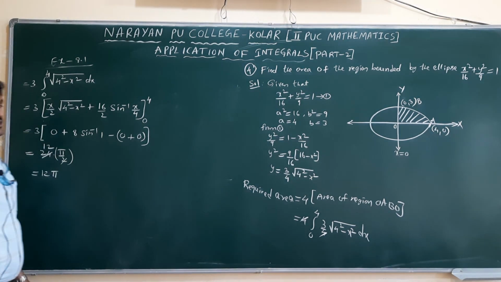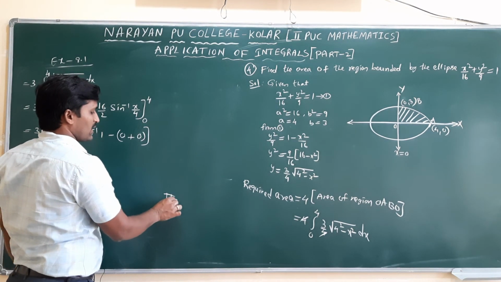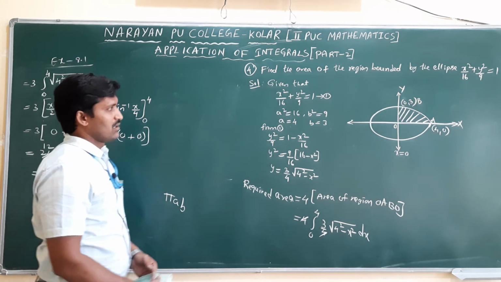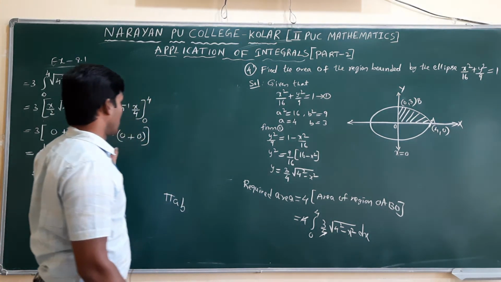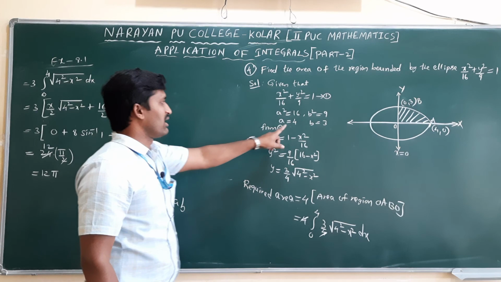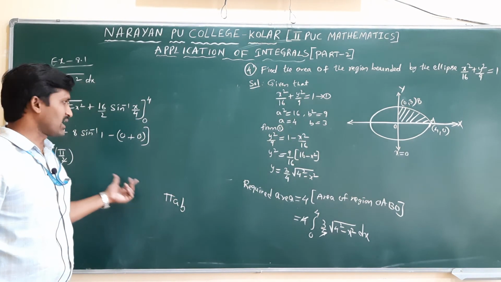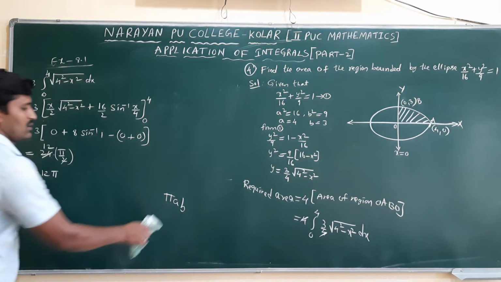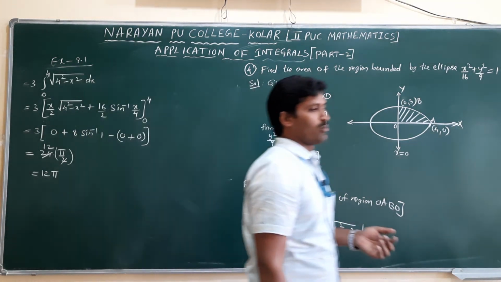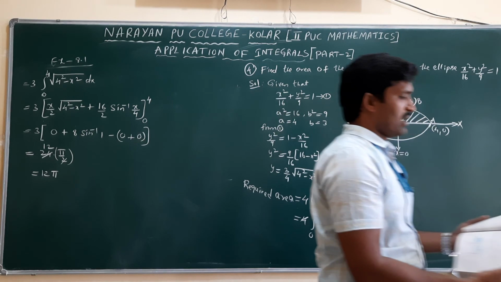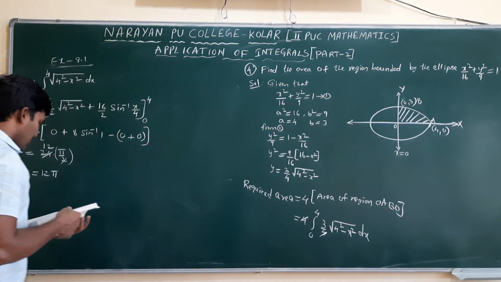For verification purposes, we already know the area of an ellipse formula is pi AB. To check whether your answer is correct or not, the A value is 4, the B value is 3. Now pi AB, 4 3s are 12 pi, you will get the answer. Same answer you got. Okay. I'll give the same model question as homework, but with respect to the y-axis, which will come on the diagram.